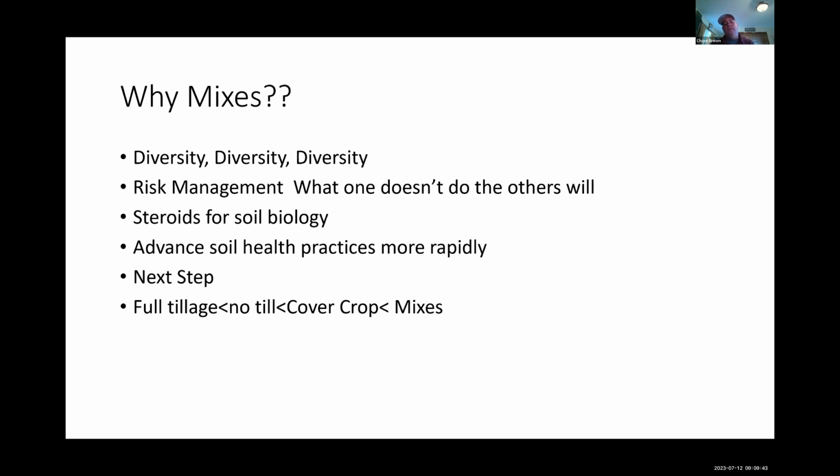And that's what we're trying to mimic with these mixes. You see tall plants, you see short plants, you see forbs, you see legumes, you see warm season grasses and cool season grasses. So we're trying to mimic that diversity. And I call it the steroids for soil biology. Not that no-till isn't helping soil biology, not that monoculture cover crop isn't helping biology, but boy, when we put that mix in, all of a sudden we're giving it a steroid, and we can advance the soil health practices